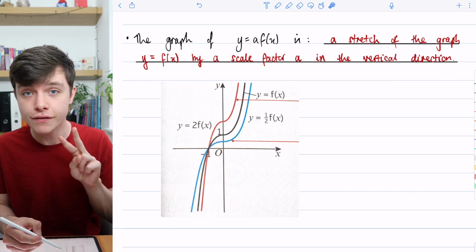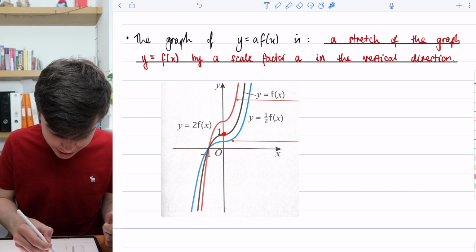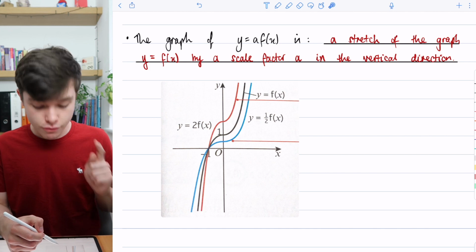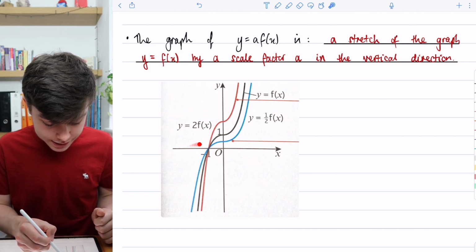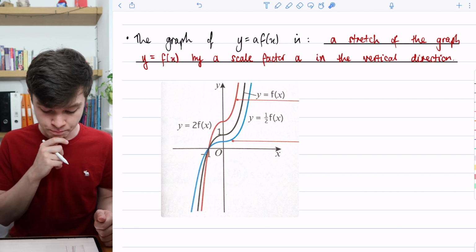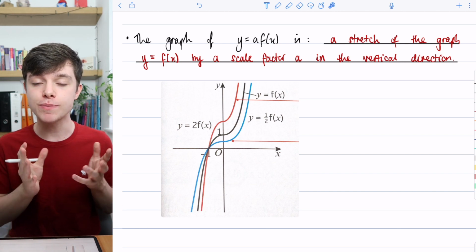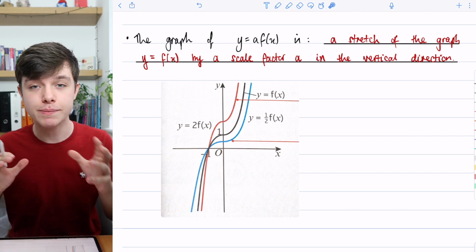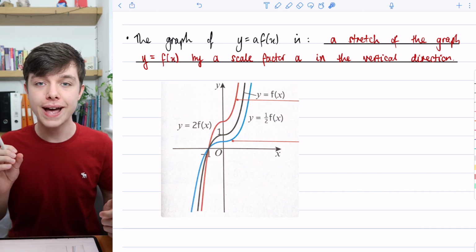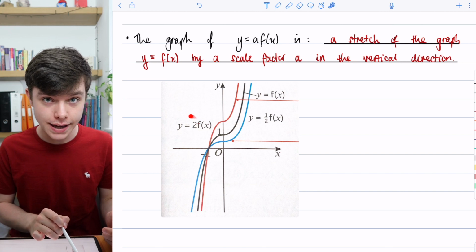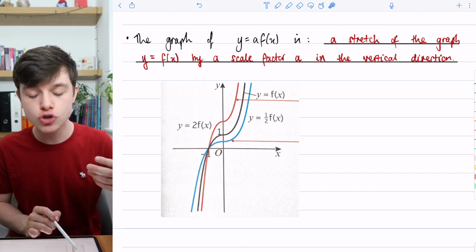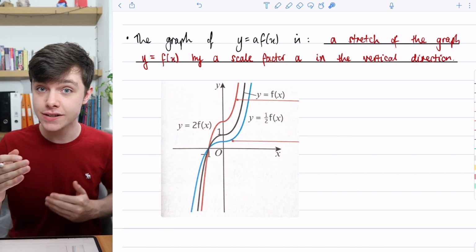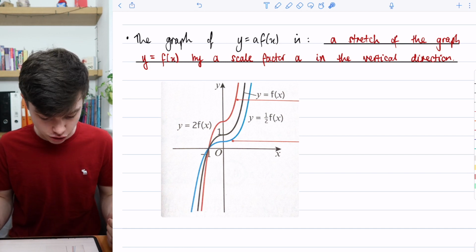And we've done two different vertical stretches. We've got this black graph, f of x, and we've got, first of all, the red graph. The red graph we can see is y is equal to 2 times f of x. If we think about what that actually means first before we think about the graph, well, we've got a function, and we've got a different function which is 2 times f of x. All that is going to do is multiply all of our y values by 2. Because we're kind of doubling the function, okay? So what we're doing is a stretch with scale factor 2 in the y direction, the vertical direction,